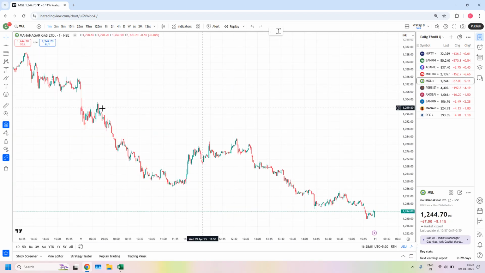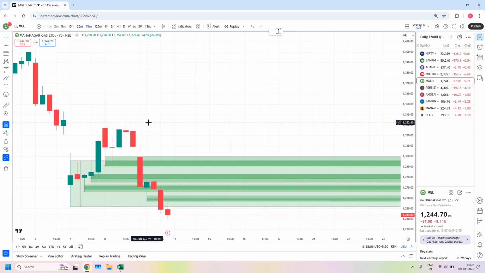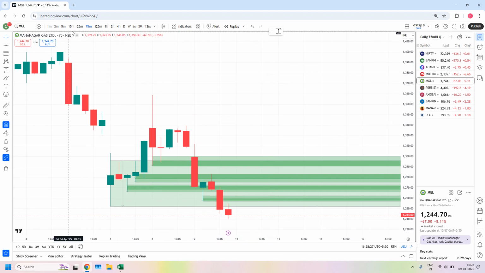And when it comes to MGL, this is also a 75 minutes zone. This is a failed ERC as a leg-in. The software considered this failed ERC candle as a drop candle, and these three are base candles and a rally candle. In a drop base rally, the lowest of the leg-in you will consider. Okay, if you look into this zone,